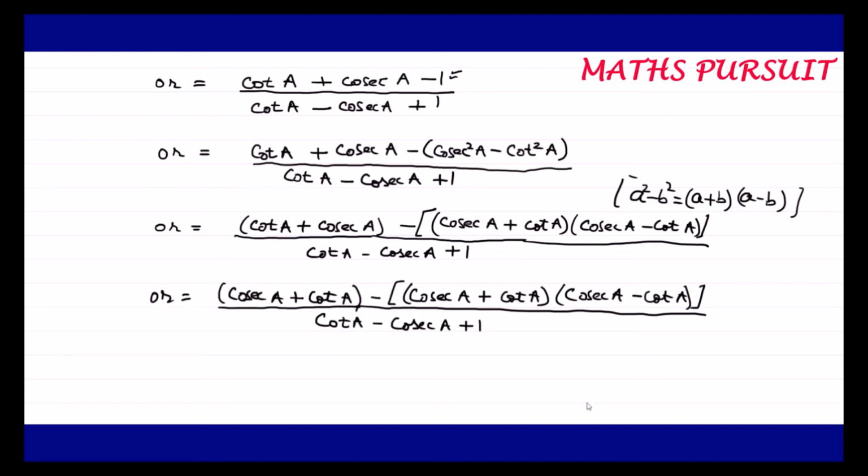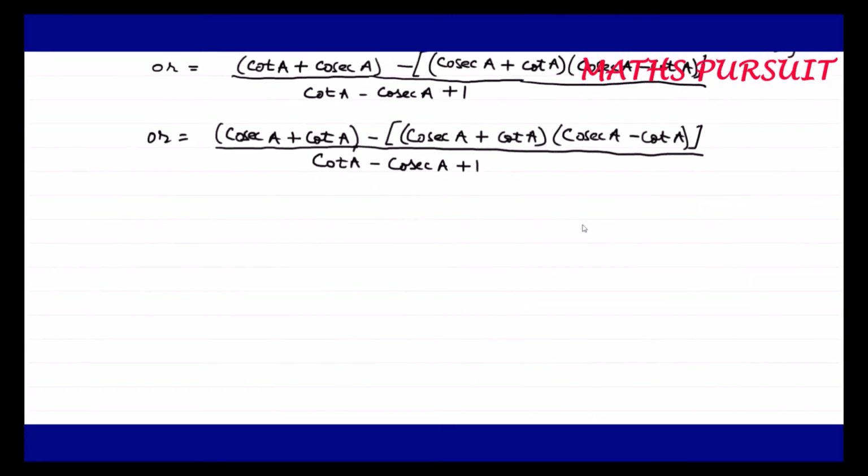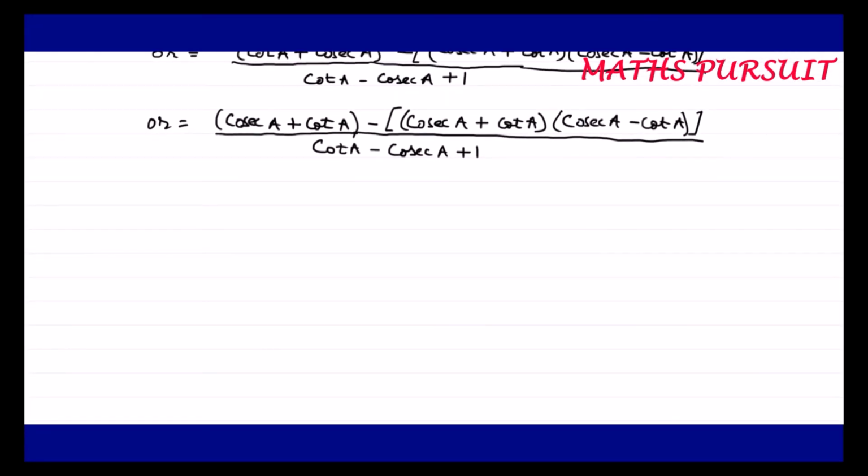Now guys, let us see what we are going to do in the next step. Now if you look here, we have cosec A plus cot A, and here also we have cosec A plus cot A. So let us take cosec A plus cot A as a common and take it out. So I can write cosec A plus cot A, taking this one as a common. Here I will be left with 1 minus cosec A